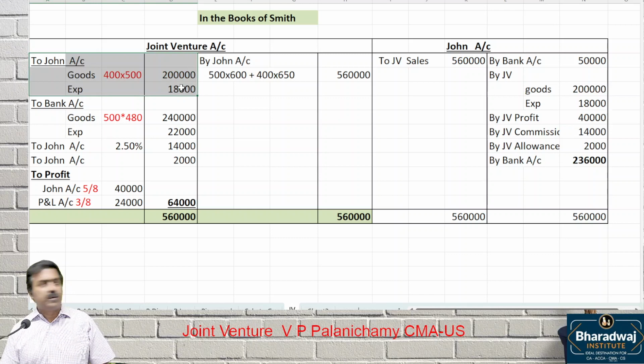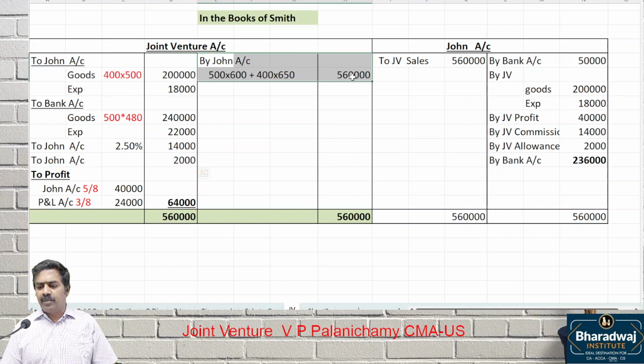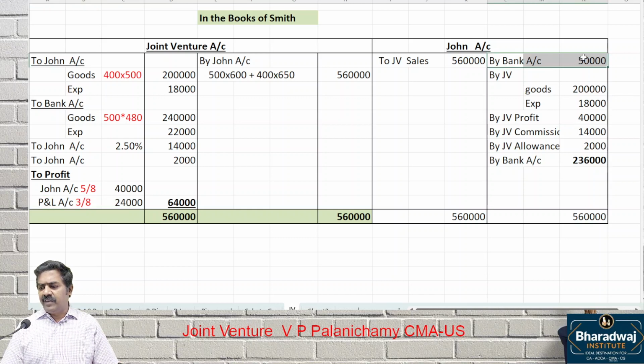John account for the goods, expenses, commission, allowances, income collected, everything by John account. Okay. Then John's profit will be transferred to John's account, and our profit will be transferred to which account? P&L account. So if you look at advance money, we collected 50,000 for goods and expenses, John account, then profit